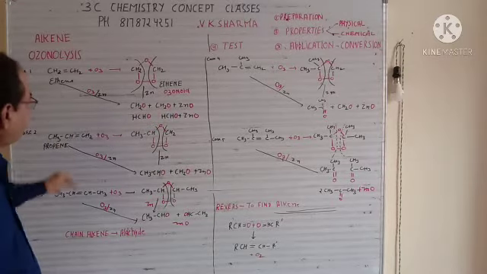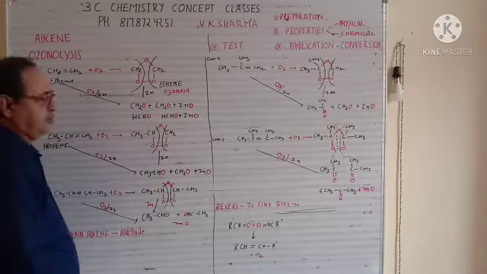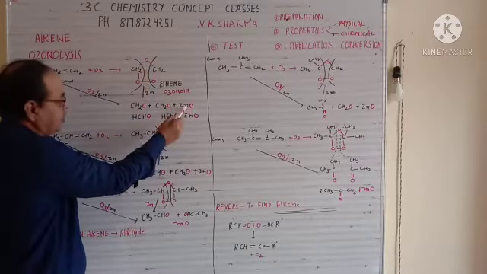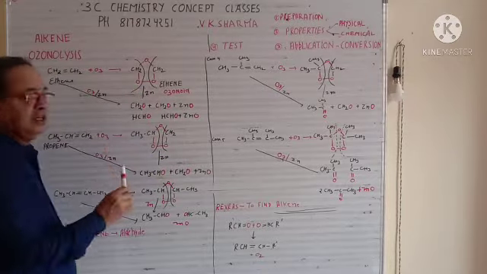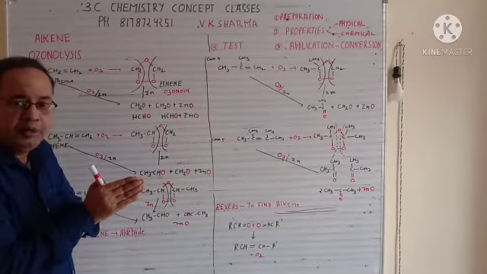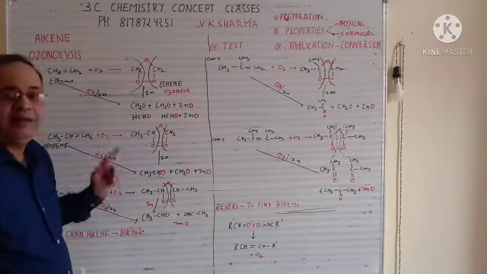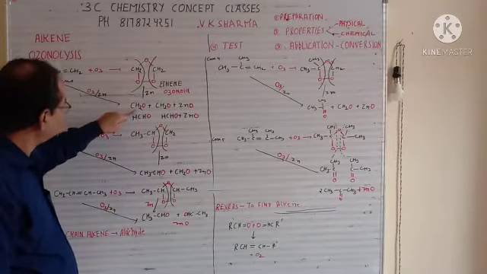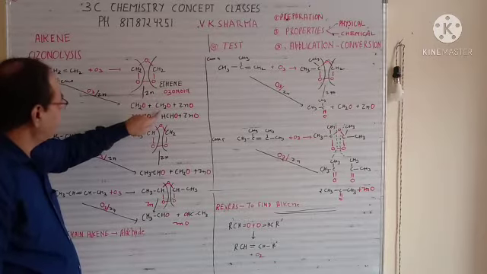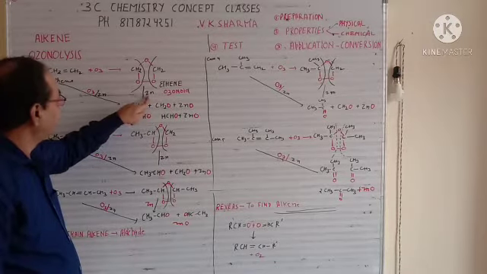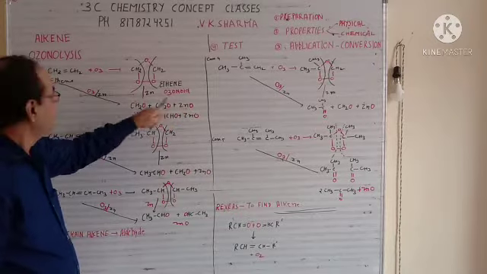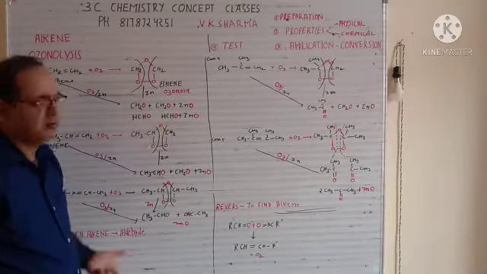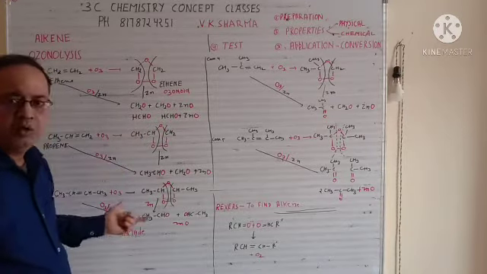Now when you put Zn here, Zn is very reactive with oxygen. So one oxygen will be taken by the Zn, forming ZnO. For the rest, the bond will be broken, and each carbon will carry one oxygen. So here the product is CH2O, CH2O, and one oxygen carried with the Zn, so it is ZnO. So here you got the product. Now this CH2O is nothing but HCHO, and ZnO. So this is about ozonolysis.